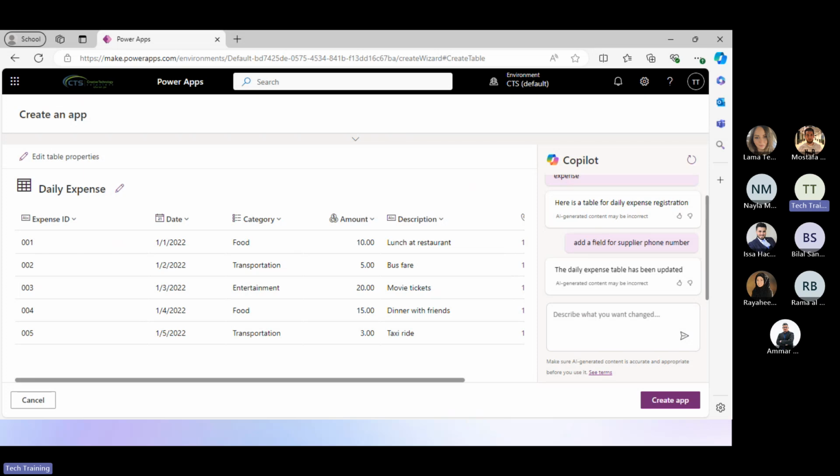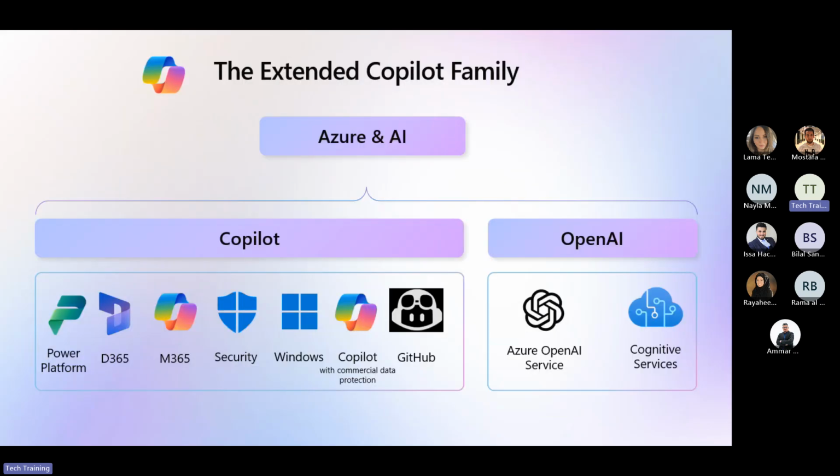And we have a lot of samples of the Copilots integrated within Office and Excel, PowerPoint, Word, and also we have the Windows Copilot. I guess you have seen it on your screens. It is labeled with PRE, which means it is in preview. It is great. It can do a lot and it can help me. And we also have the GitHub